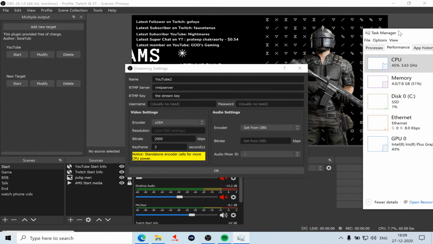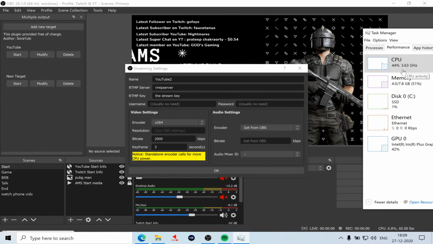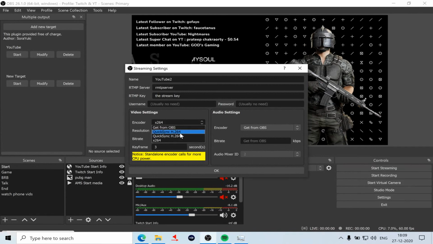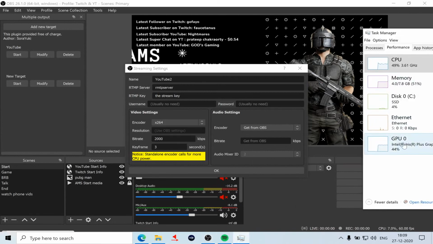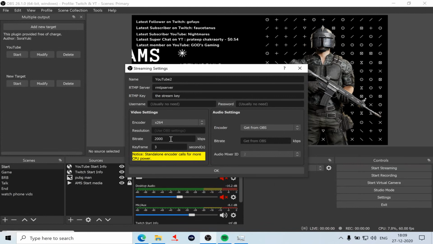When I'm streaming using the hardware encoder, the GPU usage shoots up. If I'm streaming using x264 encoder, the CPU usage shoots up. That's the reason I want to give a balance. If I put all the pressure of the encoding for YouTube on the GPU, it would shoot up to 100% usage and the stream would lag. I don't want that. That's the reason I'm doing it here. That's the advantage.